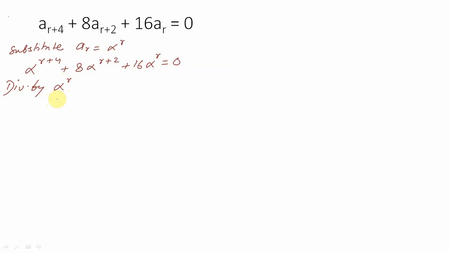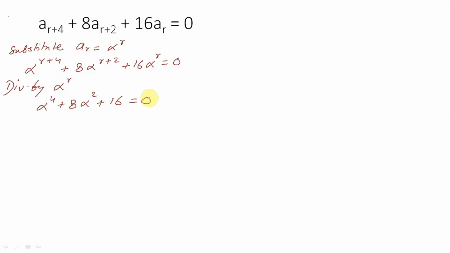Always divide by the expression having the lowest power. The lowest power in this case is alpha to the power r. So dividing, you get alpha to the power 4 plus 8 alpha square plus 16